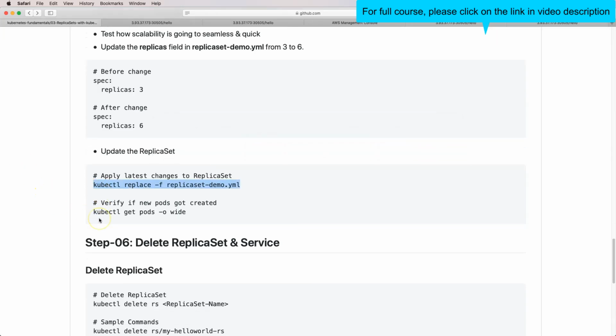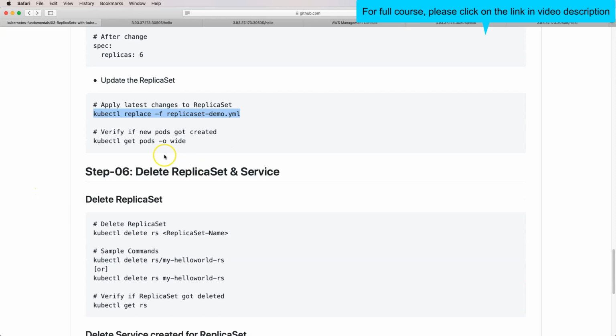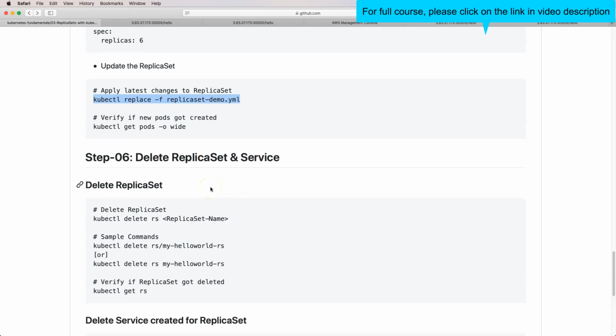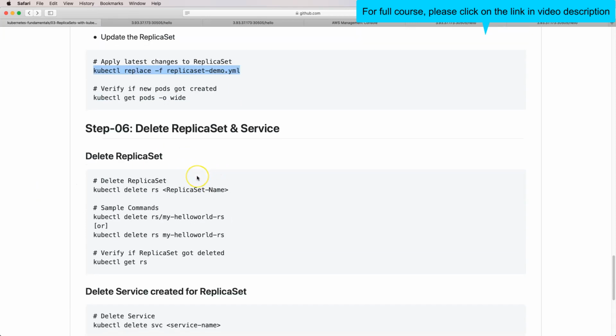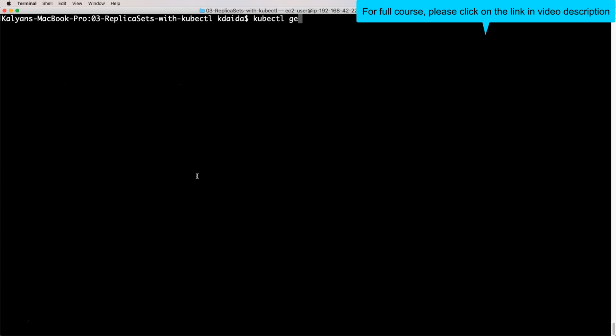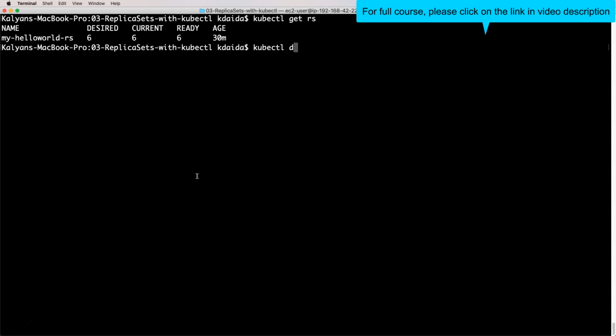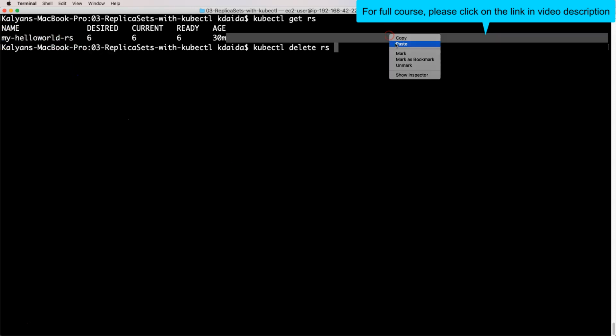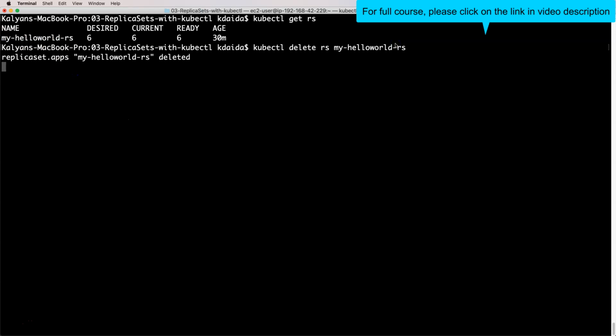That's about it. Now the next thing is to delete the replica set and the service, so we are trying to clean up. Let's go ahead and run kubectl get rs to get the replica set name, then kubectl delete rs my hello world rs.